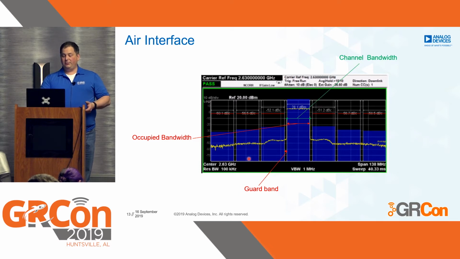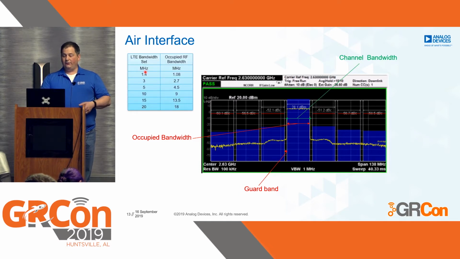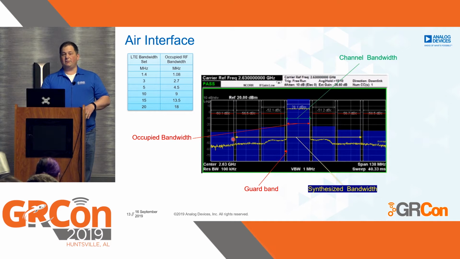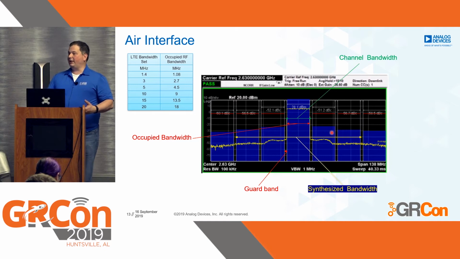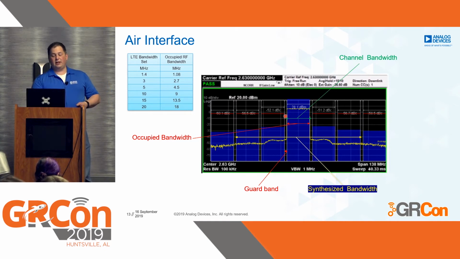And then if you are doing DPD, if we have our air interface here, so this is the LTE standards, and when they talk about channel bandwidths, everybody talks about LTE 10, but the occupied bandwidth is only 9 megahertz, because it's a lot easier to talk about LTE 15 than LTE 13.5. And then if we're doing digital pre-distortion, we talk about synthesized bandwidth. This is the bandwidth that our observer path, that feedback path, and our DACs actually need to be able to handle, even though the signal that we're sending out is still in our occupied bandwidth.